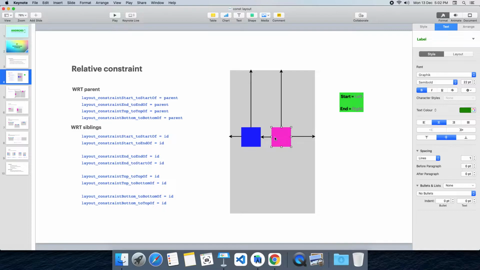So the left of this pink container is positioned to the right of the blue container. This is how we place our child items with respect to the parent position or with respect to a child position.